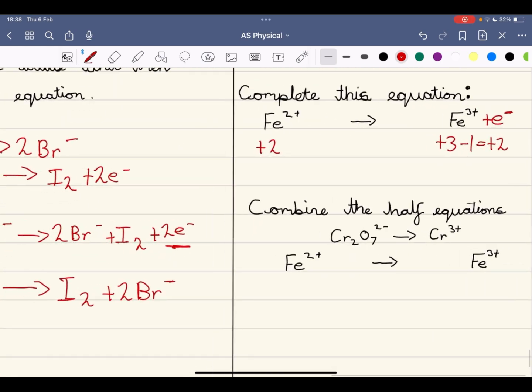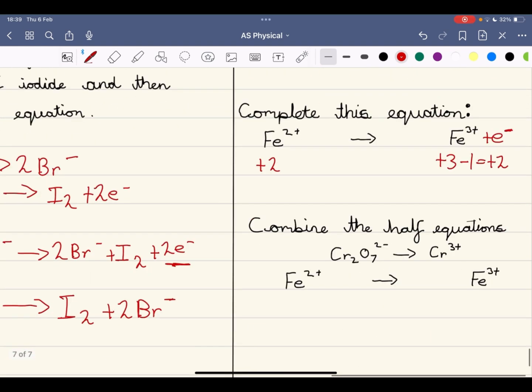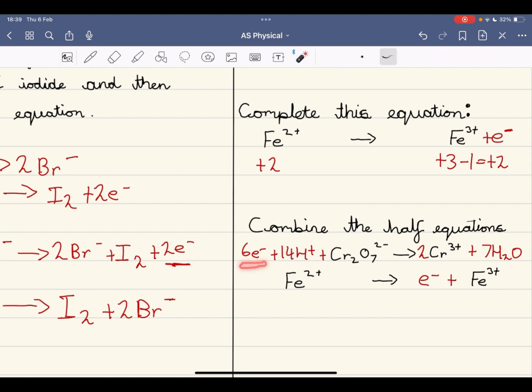So to combine the half equations, what we do is make sure that the number of electrons on both equations are the same. So for the top equation we get, and for the bottom reaction we get, okay, so the number of electrons currently are different. We have 6 here and we have 1 here. But to make them the same, all we need to do is times the bottom one by 6. So now we have 6 electrons in both reactions, and they'll cancel each other out. So our overall reaction is